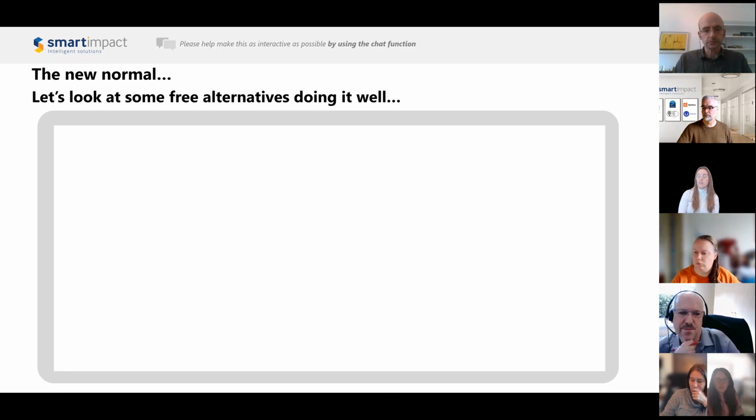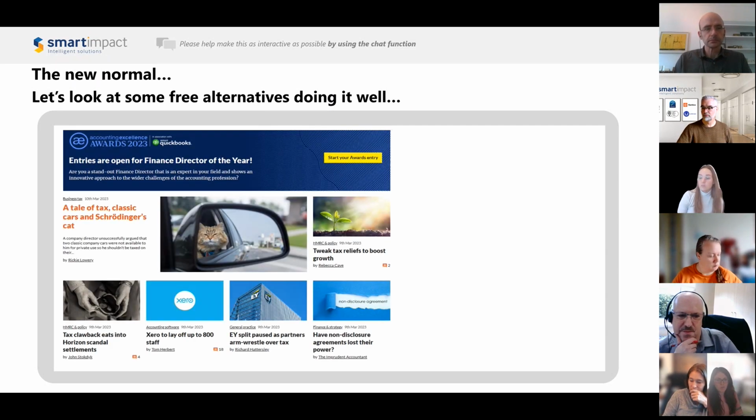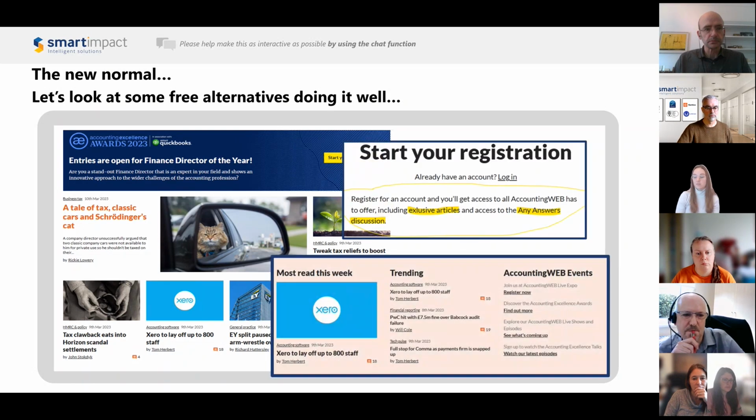Okay, so now let's look at the new normal. So here's an example of a website. This is Accounting Web, and this is a perfect example of how members now have lots of choice in terms of websites and getting information, forming those communities online. Accounting Web specifically has 100,000 registrants and makes 1.8 million page impressions per month, which is a huge amount. So what we want is to drive that engagement towards your websites,